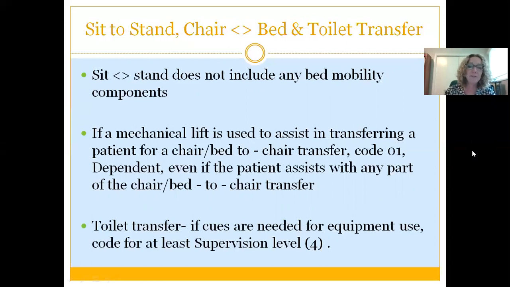If a mechanical lift is used, it's typically going to be coded as dependent, even if the person is helping with that actual transfer. And again, a toilet transfer, if a cue is needed to use any of the equipment, whether it's an armrest on a bedside commode or a grab bar by the toilet, or to use the walker to get to that toilet safely, if you need to cue them to use any of those devices, even if that's all you do is cue them, then you're probably going to score them as at least a 4,